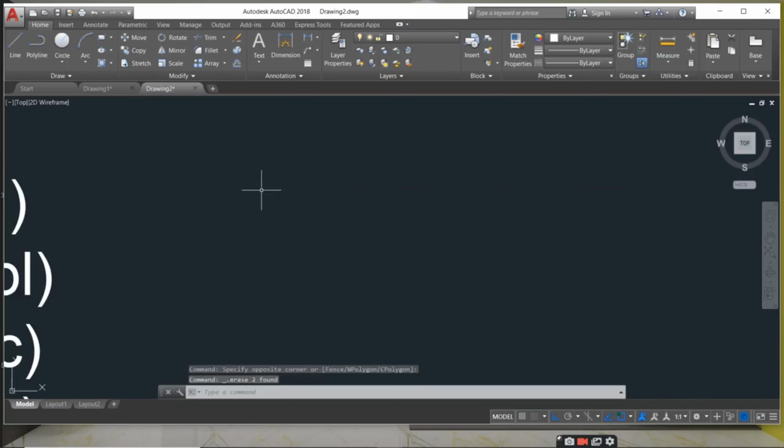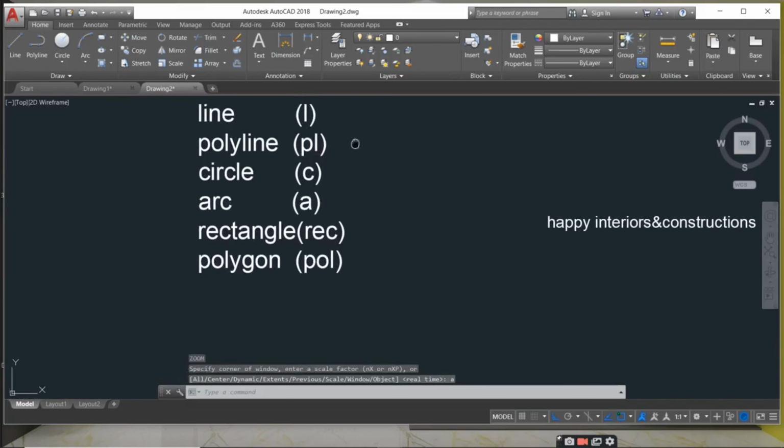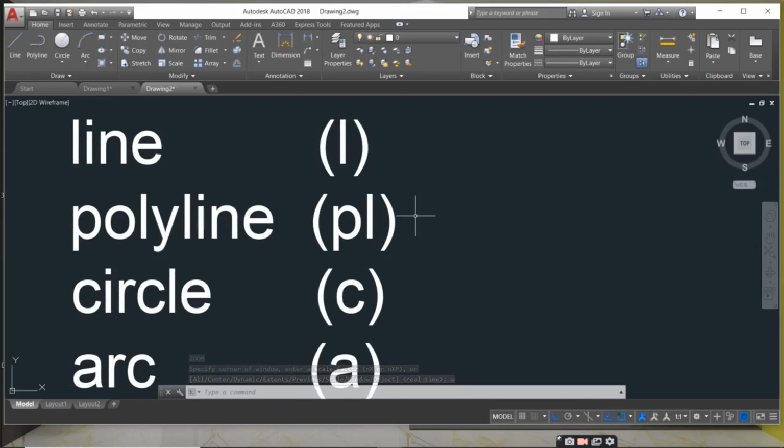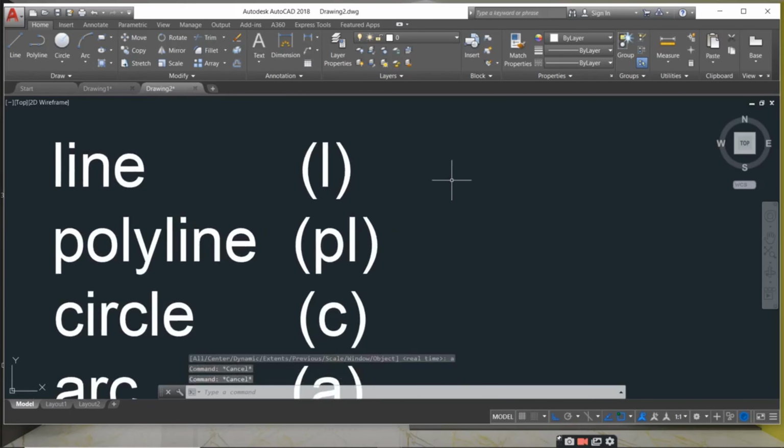So like that, line after line. Polyline is nothing but a group of multiple lines as a single object. Before that, I would like to draw a shape with the line command.